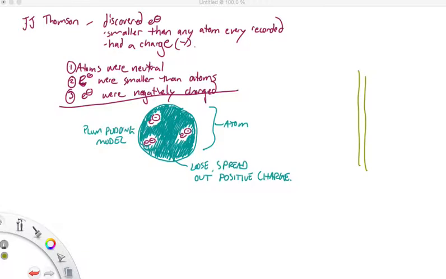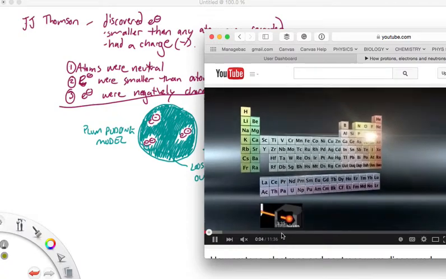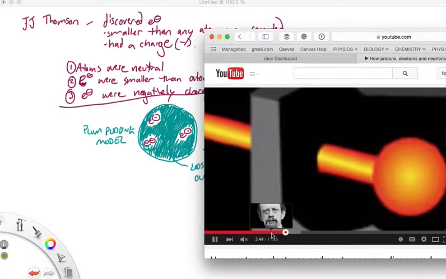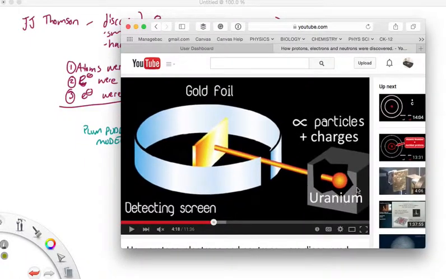Oh, this is better. Okay, we've got Ernest Rutherford. Here is a great example of it. So what he did is he had, actually I don't think it was uranium. It was actually radium. This is incorrect here. It was radium that was fired in. These alpha particles, for now, you can think of them as little tiny bullets. They're positively charged, so just little positive charges were shot at this very thin gold foil.